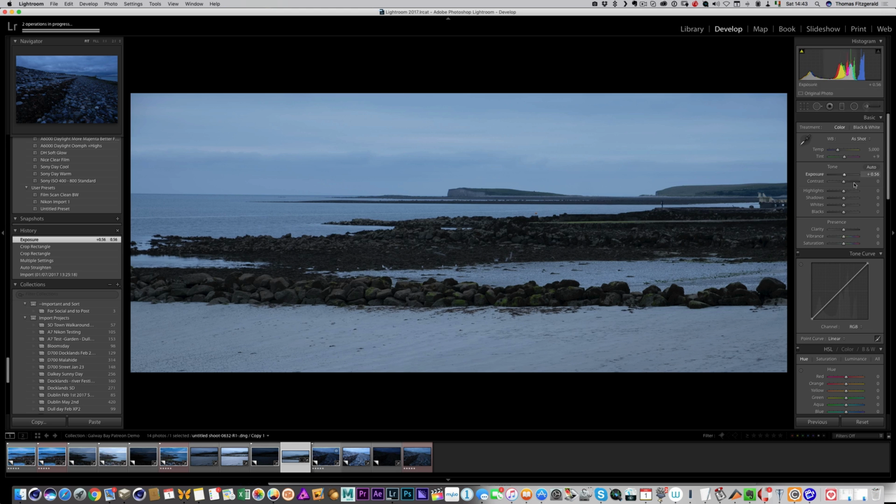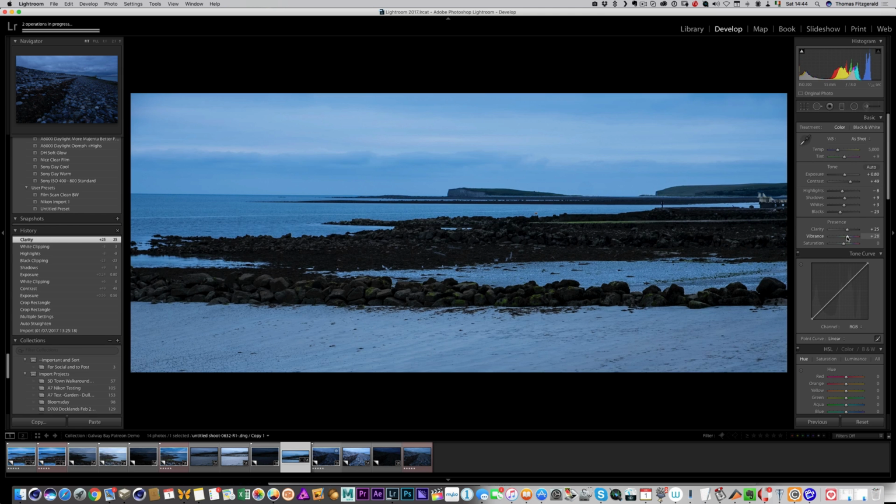Okay, so here we go. We'll just do basics first. So contrast. By the way, if you don't know this already, you can adjust all the main controls in Lightroom by dragging on the histogram up here. So if I do this, I'm adjusting the exposure. And here's shadows, blacks, and then highlights, and whites. Okay, so clarity, bit of vibrance,